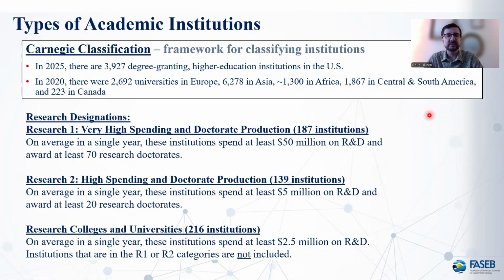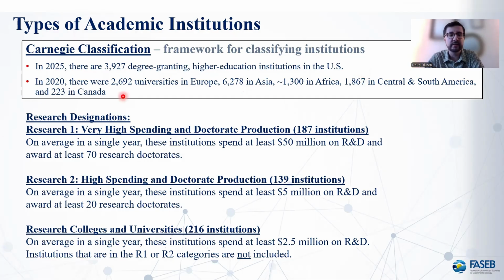Before we dive into some of those specifics, one ranking system that you might be familiar with is the Carnegie classification system, and it's a way of determining just how much infrastructure and resources a particular institution might have. The Carnegie classification changed from R1, R2, R3 a couple years ago into a different framework, which I'll explain in a minute. But currently, as of 2025, there are almost 4,000 degree granting higher education institutions in the United States. So there are a lot of institutions and a lot of opportunity there to find a faculty position.